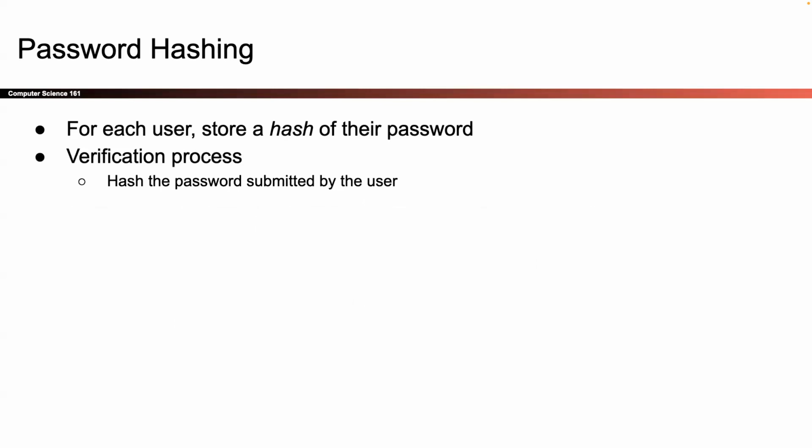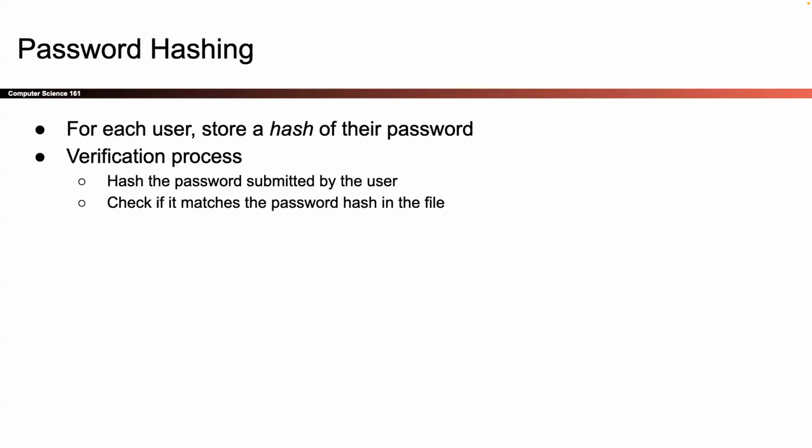You send me a password, I hash the password that you sent, I check it against the hash of the password that I have stored. If they match, then you're good to go. If they don't match, then I do not log you in, your password is wrong. So when you first sign up, you give me a password and I hash it. I store only the hash. I don't store your actual password. And then every future time you log in, I rehash the thing that you send and I check it against